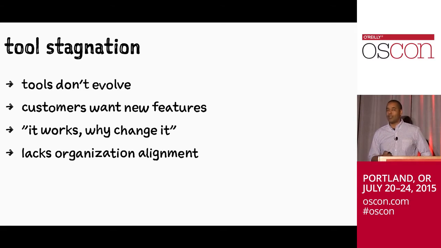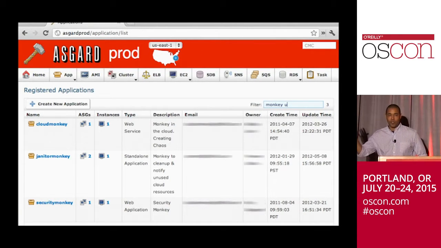I'm going to argue that, well, let me tell you a story first. How many people have ever used Asgard? Okay, so a few of you. Asgard, real quick, is a Grails-based application that we open sourced that sits in front of AWS and allows engineers at Netflix to manage their applications. These are applications right here on the left, and do cloud deployments, manage how many instances, scaling up, everything like that. So this provides abstractions on top of AWS that AWS didn't have at the time, like an application, and allows us to do red-black pushes against ASGs, et cetera.